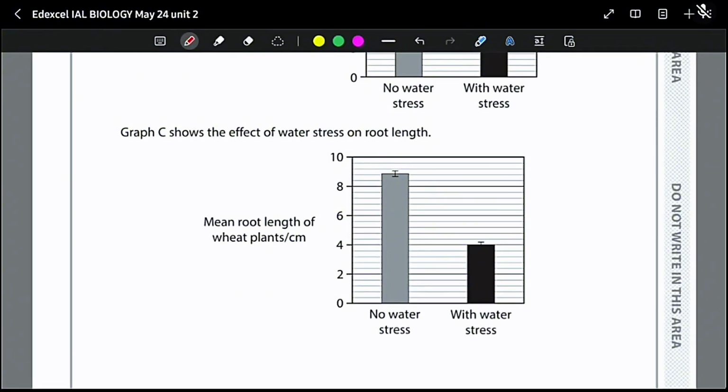And we know that these mineral ions and water are essential for plant growth and metabolism. So water stress will reduce chlorophyll production because fewer magnesium ions will be absorbed. And we know that chlorophyll is needed for photosynthesis. So less chlorophyll will lead to less light being absorbed and lower photosynthetic activity. So less water will result in reduced photosynthesis, and it will affect the production of glucose and other molecules because we know from photosynthesis.